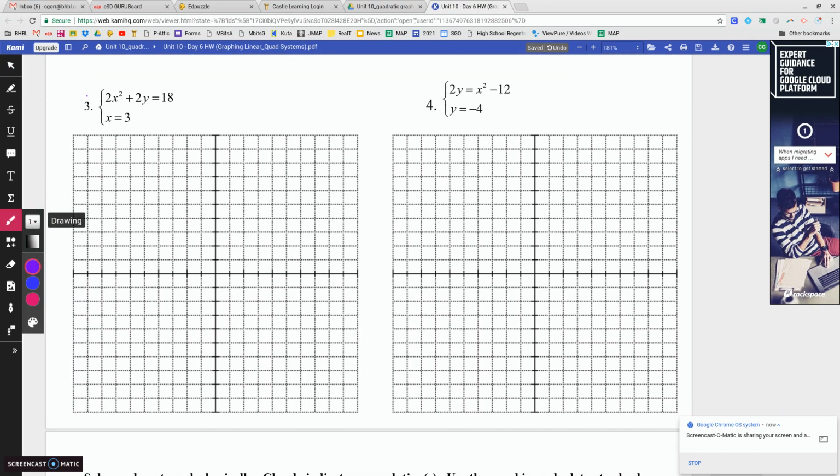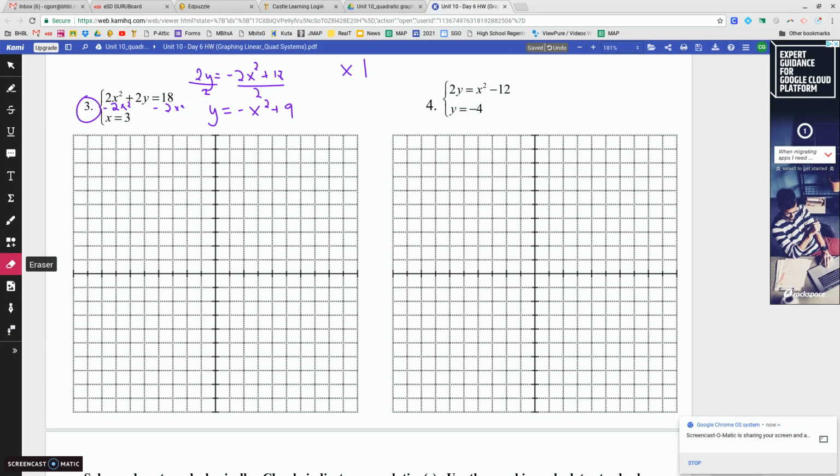All right, so in problem 3, the first thing I need to do is isolate my y value so that I can graph my equation. So I'm going to subtract my 2x squared from both sides, giving me 2y equals negative 2x squared plus 18. I'm going to divide that by 2, giving me the quadratic equation of negative x squared plus 9. So I'm going to go to my graphing calculator,